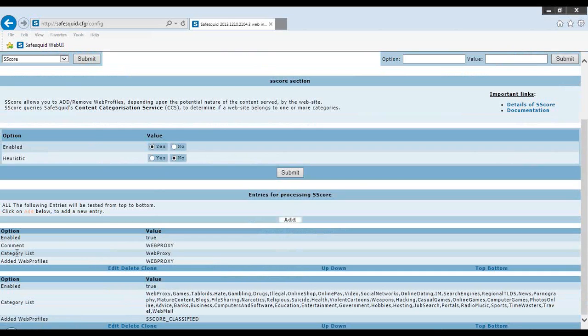In this particular rule, I have a policy which says if a website belongs to the web proxy category, I'm adding a web profile to it as web proxy. And similarly, in my second rule, I have a policy which says if a website falls into any of the categories, I'm saying it is SS4 categorized.